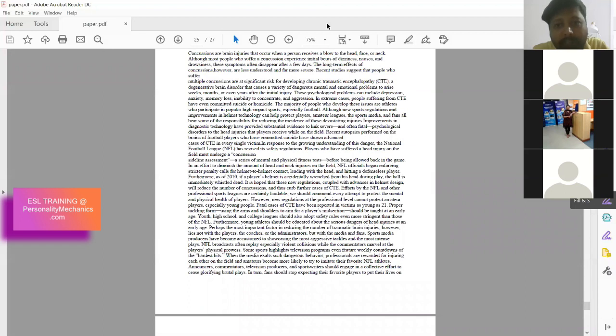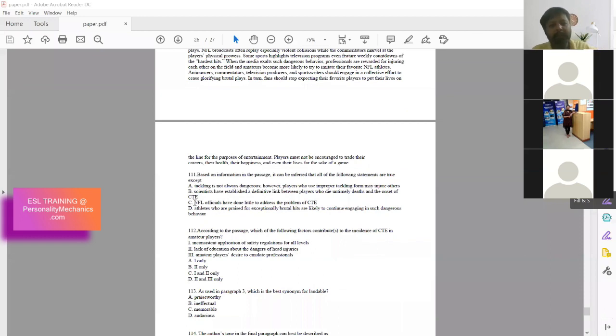Recent autopsies performed. See, I'm reading it here. Recent autopsies performed on the brains of the football players who have committed suicides have shown advanced cases of CTE in every single victim. Right. So yeah, I can say that. Hence, this is something that I've read. So this is also true. Next statement says,